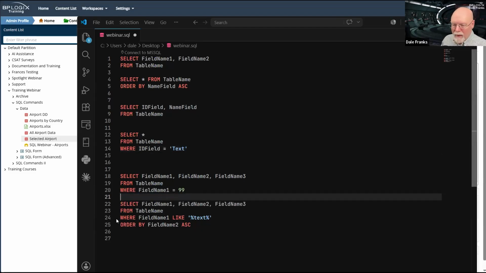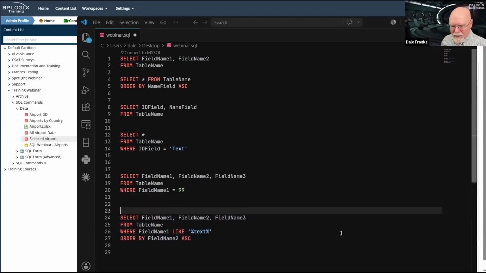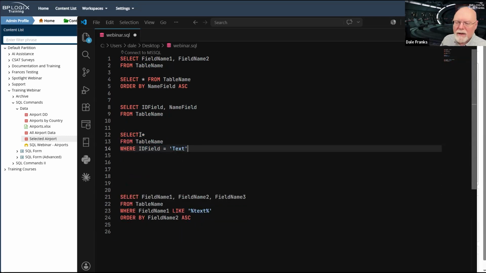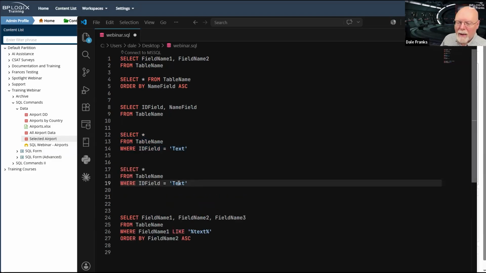Let me get rid of that, and this will keep, because that's kind of an important special circumstance. So let's talk about how we are most likely going to be grabbing data from a table. So let me go ahead and erase this. Let's keep this convention that I've built here, and we'll use that. And here we'll go with ID field equals 99.